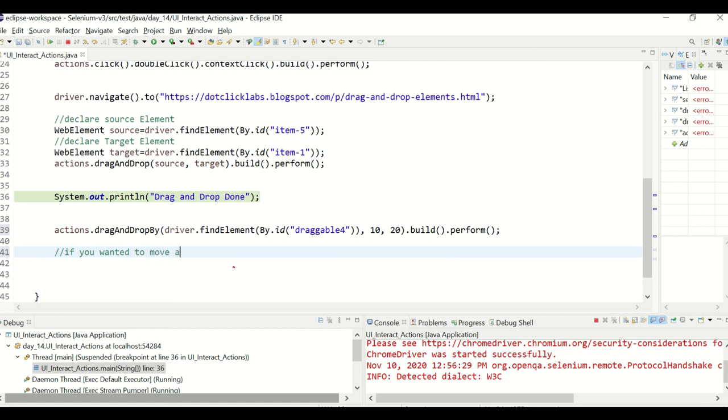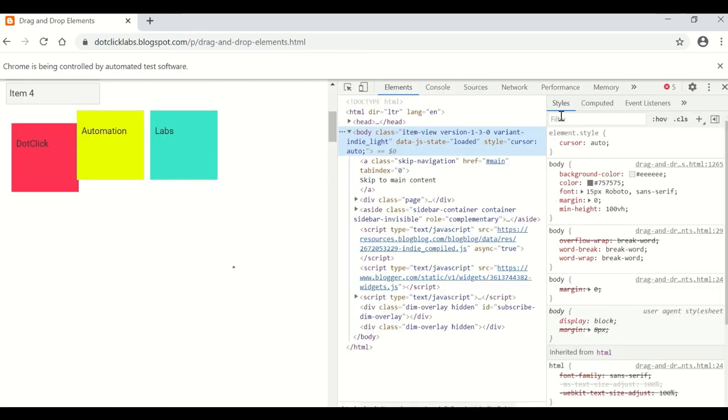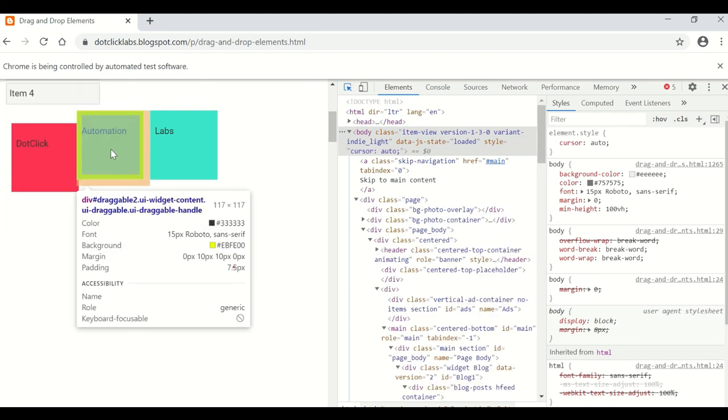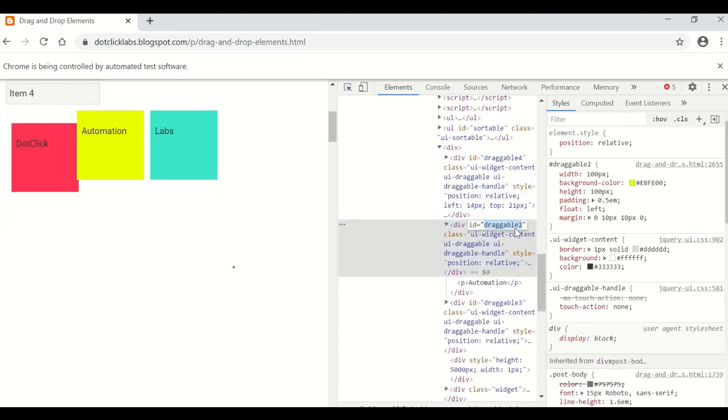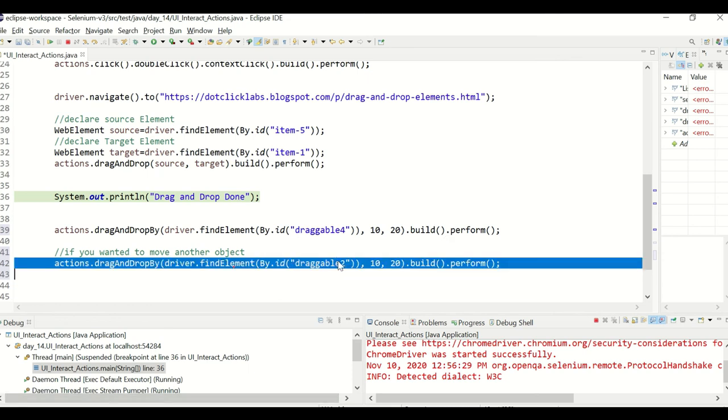If you wanted to move another object, you need to change the source control, whatever the source object. If you wanted to now move this object, you need to say draggable to. So now we are moving another object using dragAndDropBy.